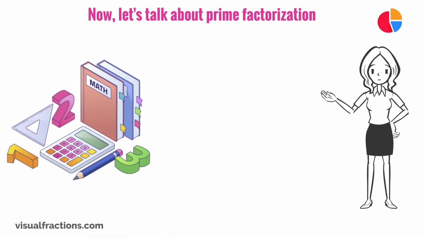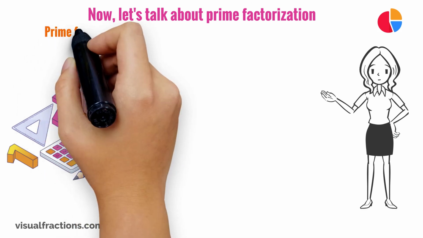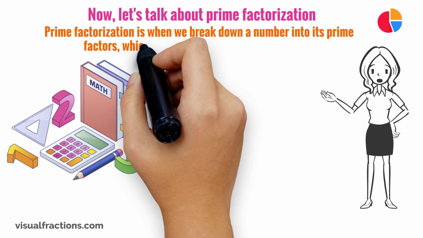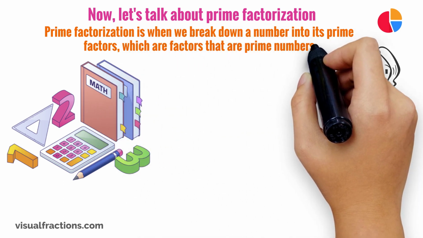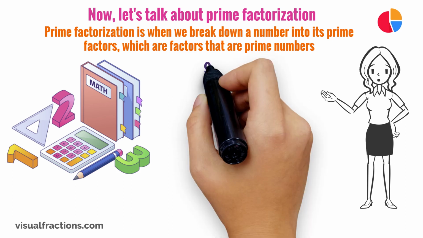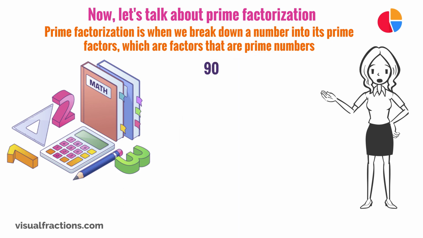Now, let's talk about prime factorization. Prime factorization is when we break down a number into its prime factors, which are factors that are prime numbers, that are only divisible by 1 and themselves. To find the prime factorization of 90, we can start by dividing 90 by the smallest prime factor, which is